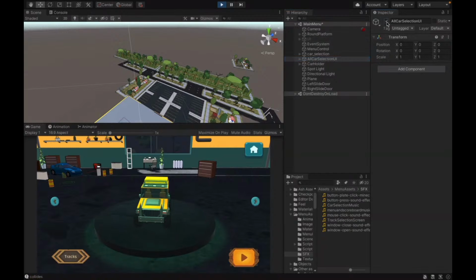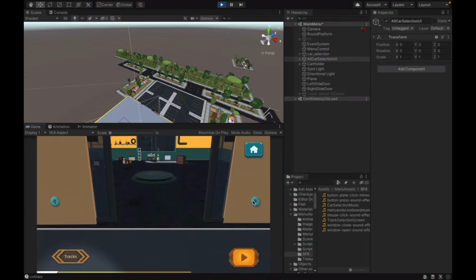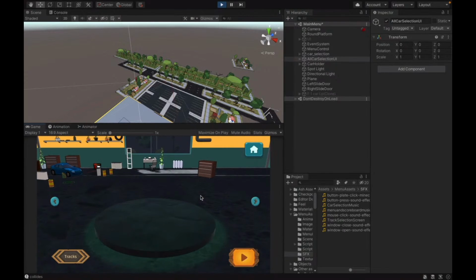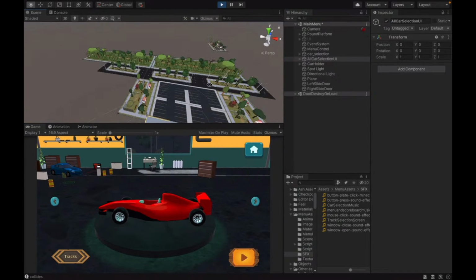So let me enable this one. See, as I said, we have different cars for the user to choose from. When I click the right arrow, there's a bunch of cars that the user can choose from. And you can see that there's nothing else in the scene besides that. The scene is very simple. We have only